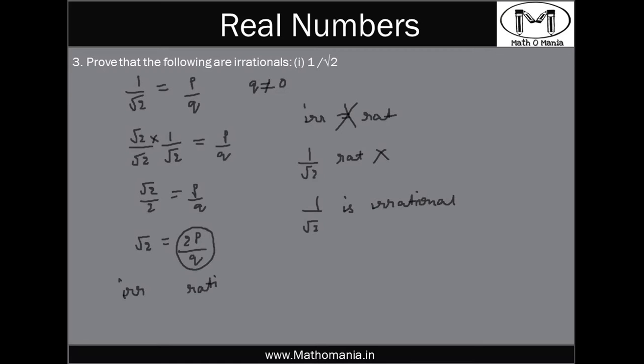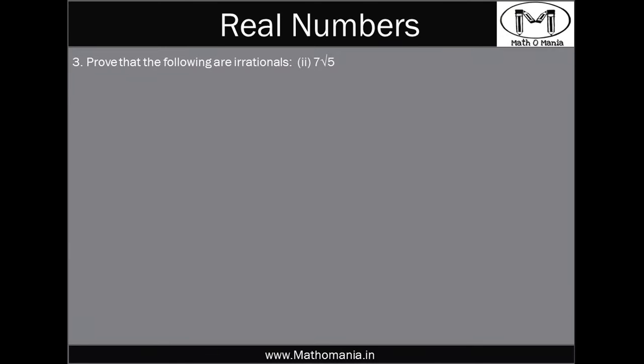Going to the next question, second part of the third question. We need to prove that 7 root 5 is irrational. So let us assume, for contradiction, that 7 root 5 is rational, which can be written in the form of p upon q, where q is not equal to 0. Now this root 5 can be written as